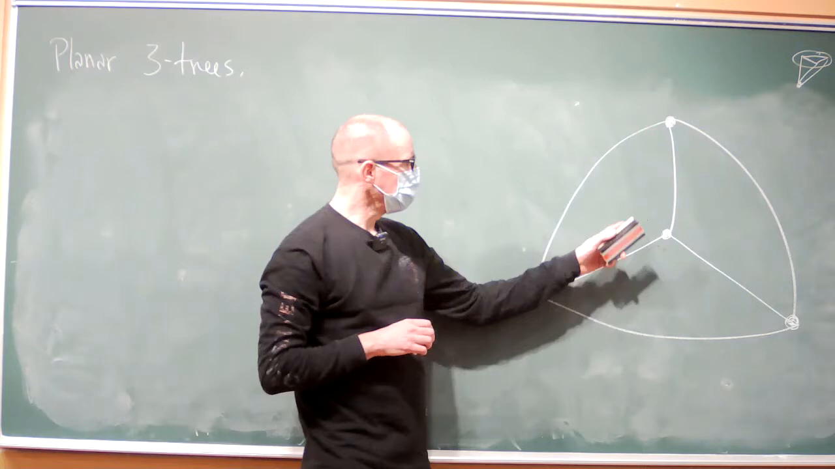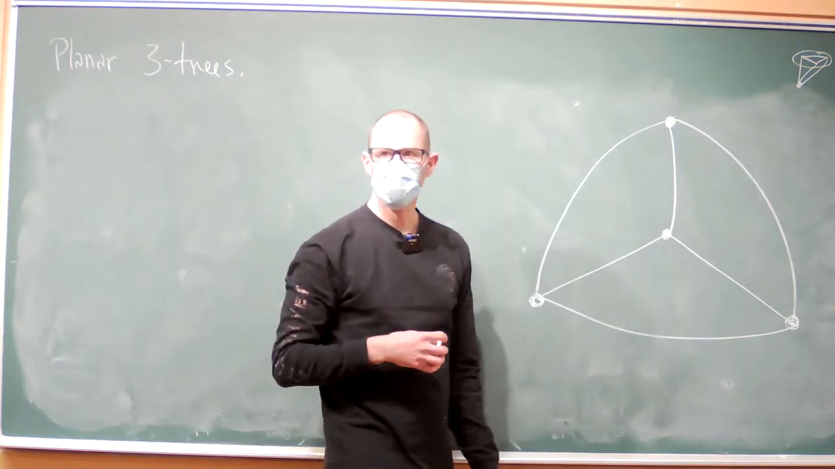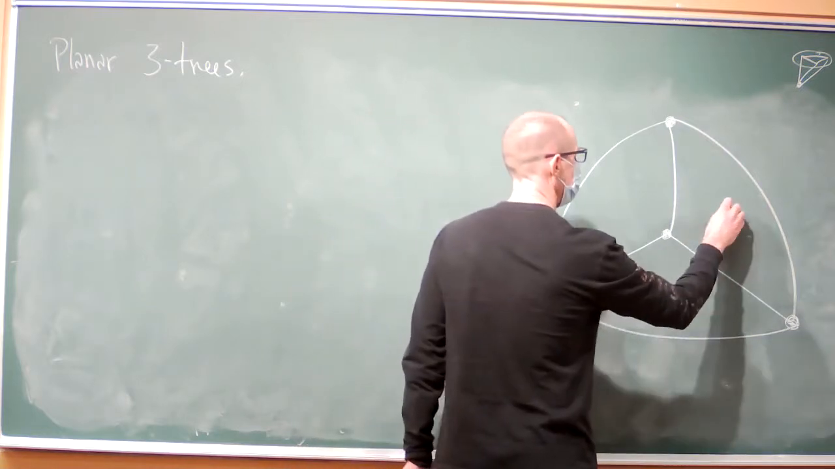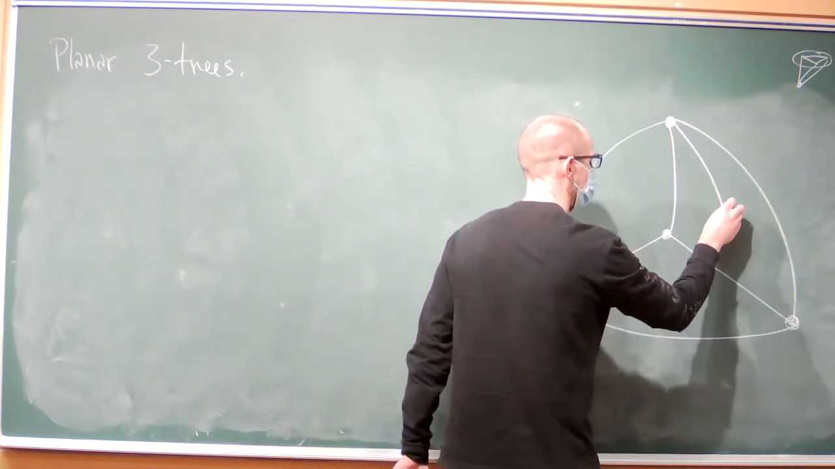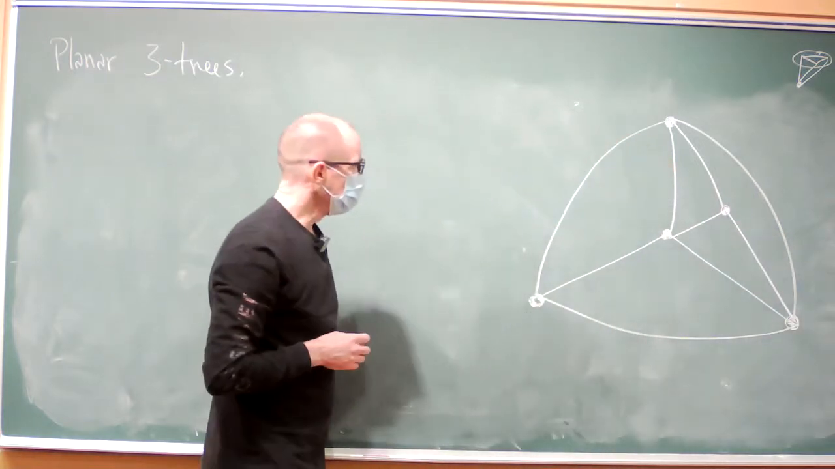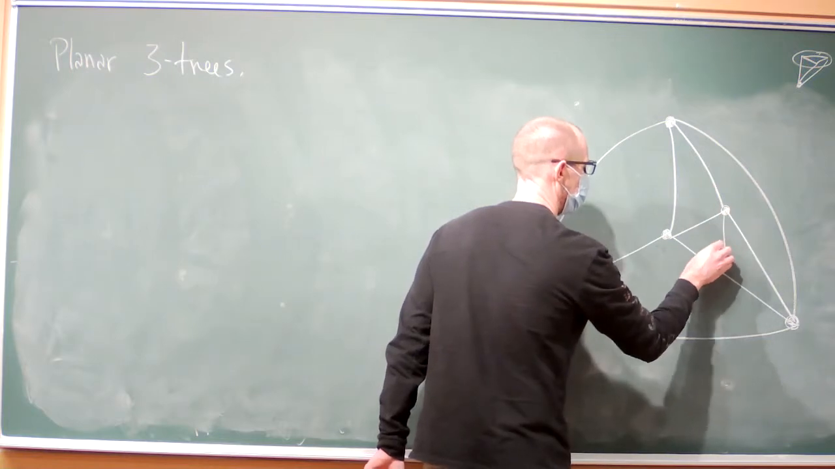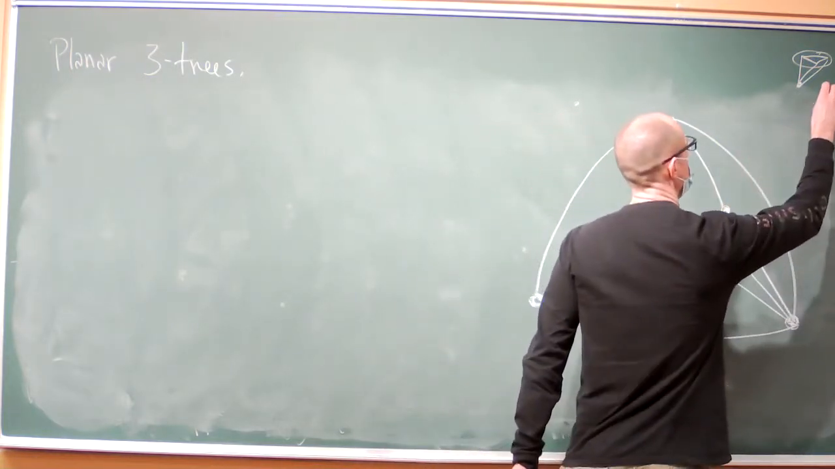Now you pick any of these inside faces, and you do the same thing again. So now there's 3 inner triangles. I pick any of them, put a vertex in it, connect that vertex to the 3 vertices of the triangle it's in, and I repeat this as often as I want and in any of the faces that I want. Okay? So in this picture, that looks something like